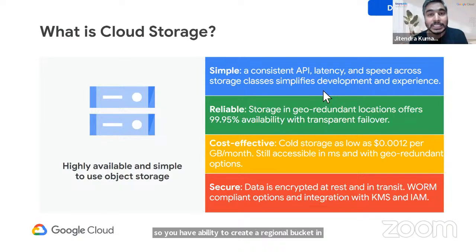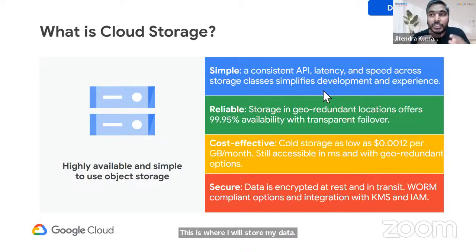When I say regional bucket, it is basically that your data would be replicated across multiple zones in a region. In Google Cloud, a region is a metropolitan area, right? When you start configuring your services, when you start using, say, a Google Cloud Storage bucket, you decide where my data will be hosted, right? So I pick a region. If I'm building an application which is going to serve Indian customers, right? Now I might decide that maybe Mumbai and Delhi, because these are the two regions which are available in Google Cloud Platform, this is where I will store my data, right?